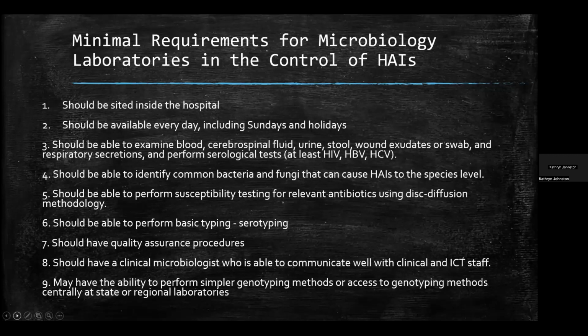They should have a clinical microbiologist who is able to communicate well with clinical and infection control team staff. And they may have the ability to perform simpler genotyping methods for that. And so those are the minimum requirements for microbiology laboratories with respect to the